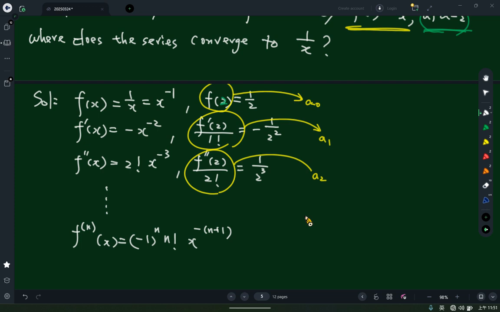You can check it out. Actually, this is the general form. Once n is 1, we can get this one. Once n is 2, then we can get this one. Once n is 1, we can get this one. Once n is 0, we can get this one. So in general, it should be this one. And also for the general one,